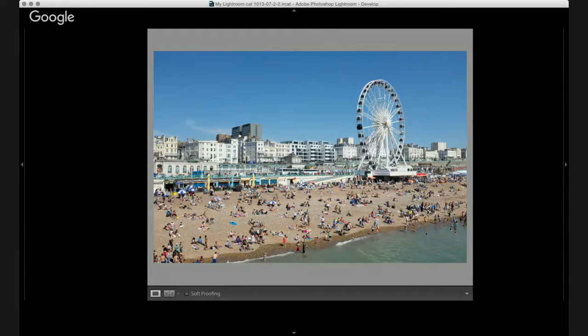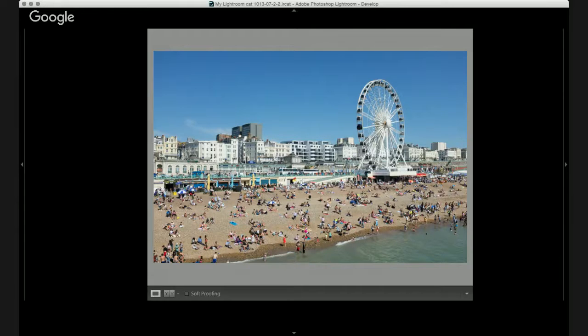There's the curve option, which a lot of you will be familiar with using in Photoshop and maybe in Elements. Works exactly the same way, but I very, very rarely use this tonal curve part in the module. This area here,